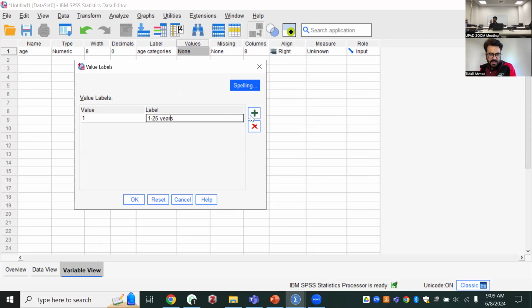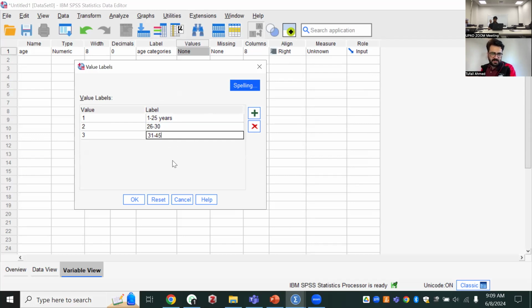And then you can add a new value 2. Let's say 26 to 50, for example, or 26 to 30. Then you can add a new value, 31 to 45.